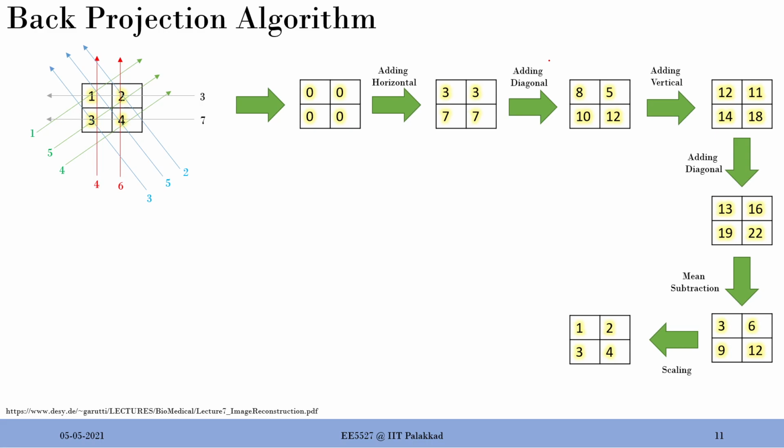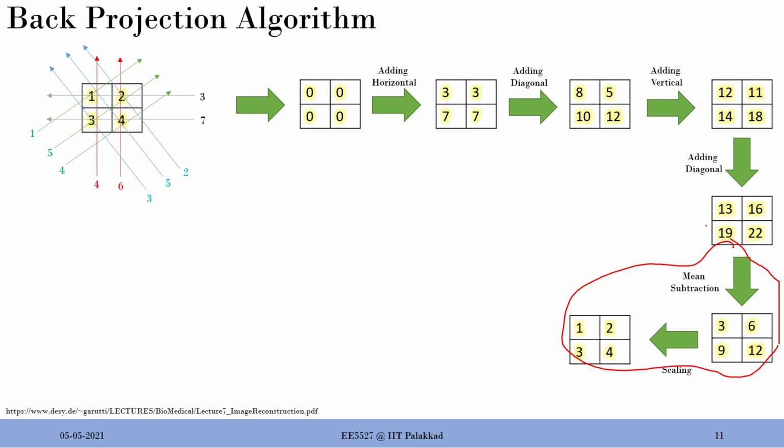So this is the back projection algorithm, and these 2 steps are actually slightly tricky. This is like you are doing some filtering, right? You are doing some low pass filtering, or you are removing the mean, which literally means you are removing the zero frequency component, the DC component, from your image. So this is something like a filtering step which is happening here.